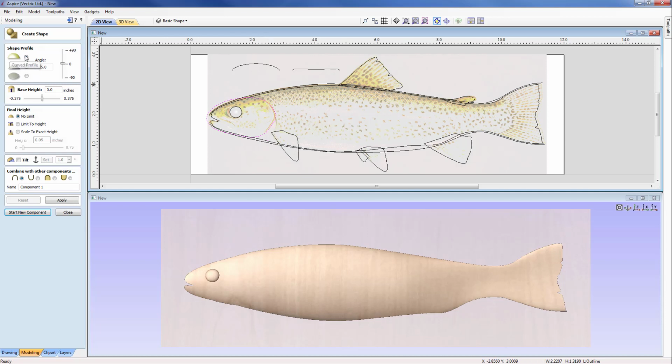We're going to use the same shape profile, but in this case, I'm going to use just a very shallow angle of 5. We're not going to use the scale to height option, but actually change that to the no limit. So essentially, we're just going to add a nice gentle raise to the profile. And we're going to once again add the component, and this is going to be called gill, and just apply